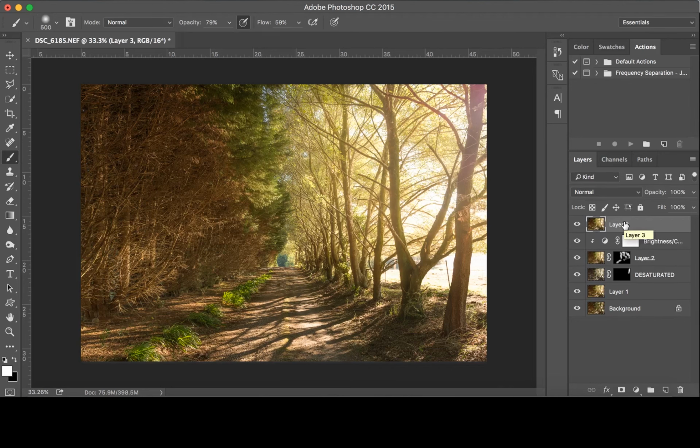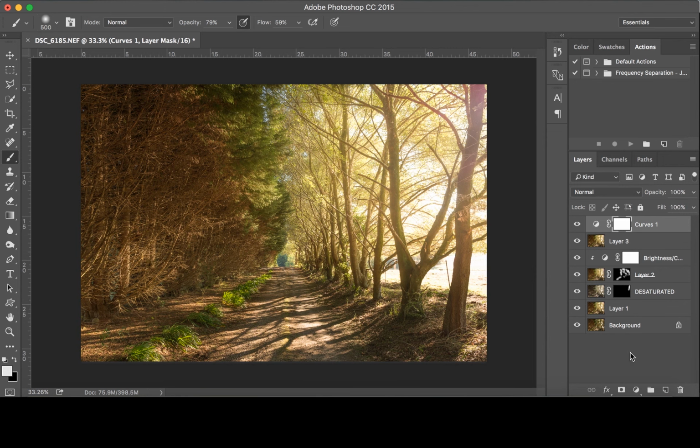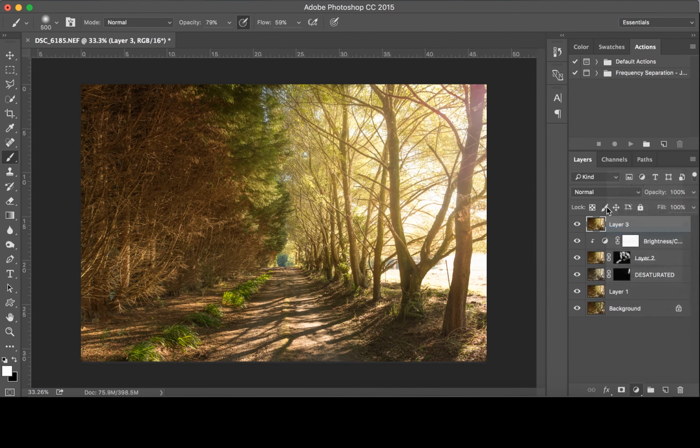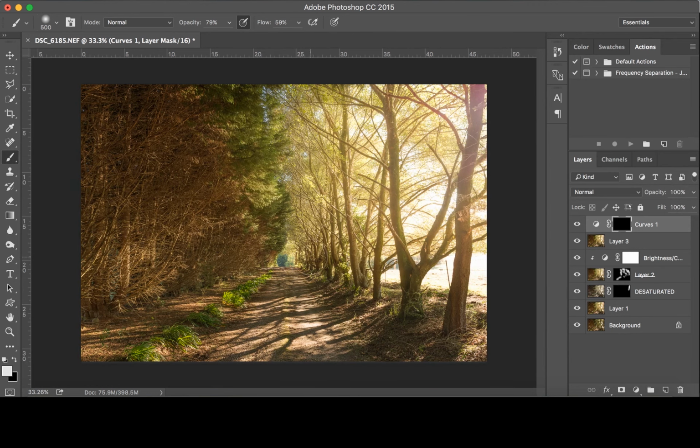Alright, so next one I'm going to do is how I vignette or burn, dodge, whatever you want to call it, my images. So I'm going to give a massive plug shout out to Joshua Cripps who showed me this, and it's the neatest way to get the vignettes in your images. So first what I'm going to do is delete that curves and go to the adjustment icon down there, curves, and then just bump that up. Command I, B for brush, make sure I'm in white,